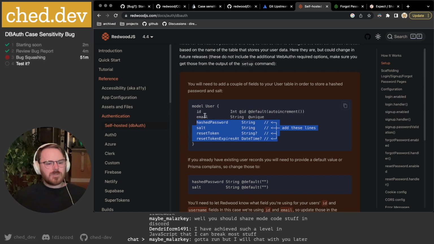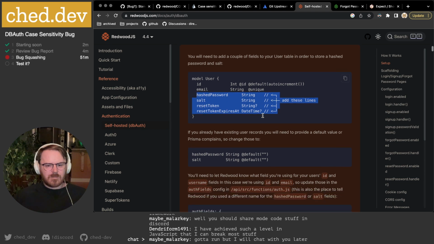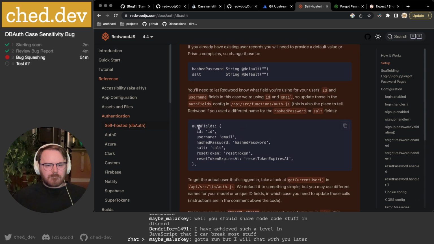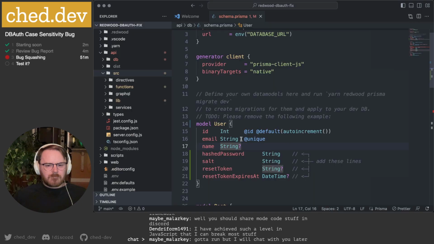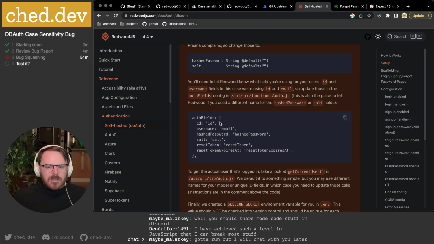I could have sworn it was username in my old one. Maybe I'm on a really old version and they changed it. Add these lines. Okay. And then,